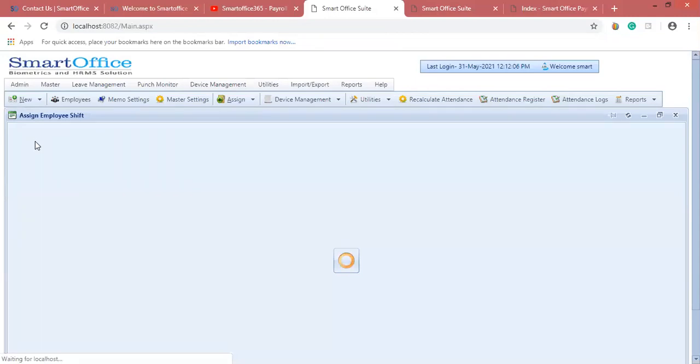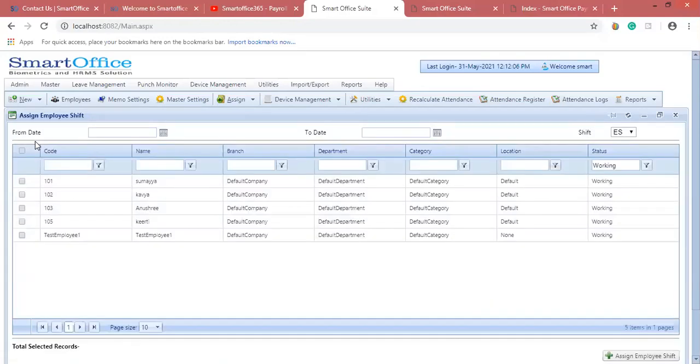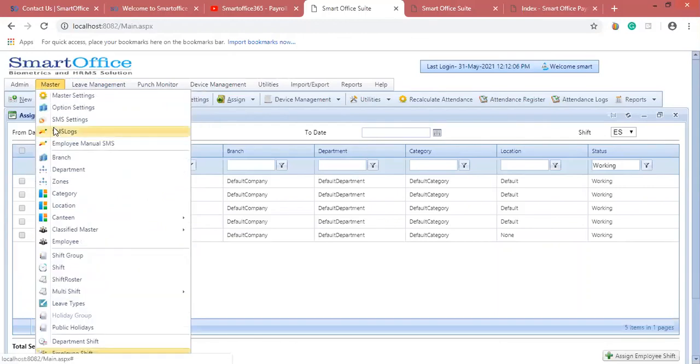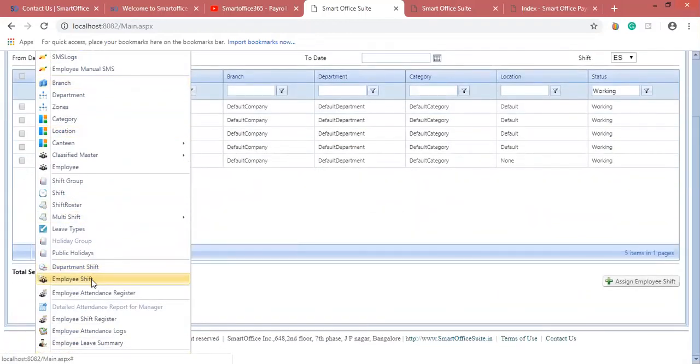I'll explain the scenario for why we should assign the employee shift. When you have a marginal difference, the software will not consider the auto shift due to mispunches, or due to gaps between the punches or between the shifts. In that case, the software will fail to understand which shift they are coming in.